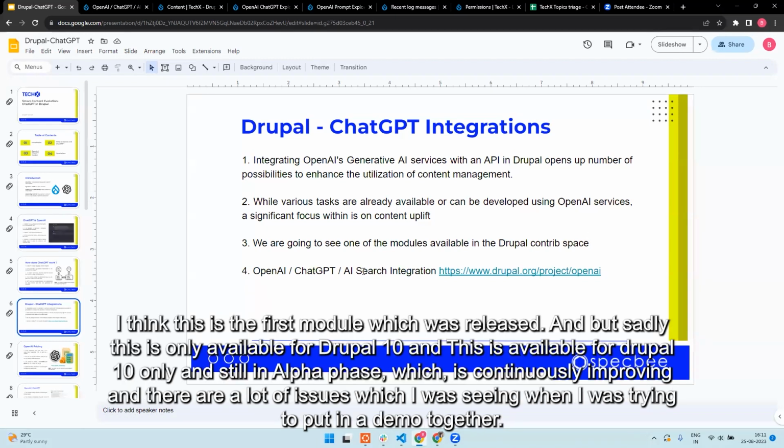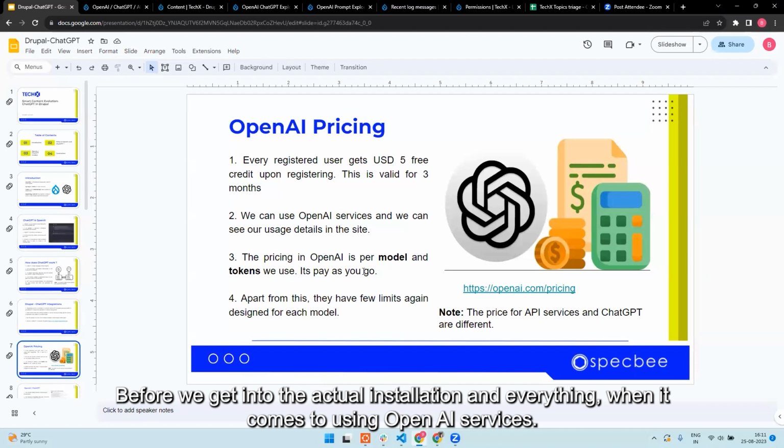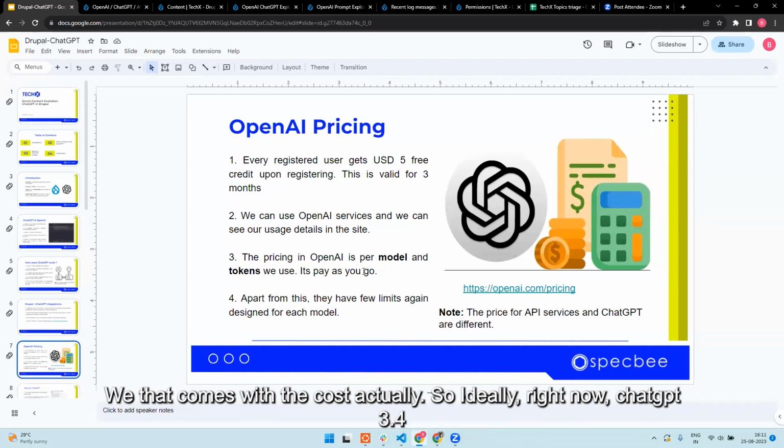I think this is the first module which was released, but sadly it is available for Drupal 10 only, and still in alpha phase, continuously improving. There are a lot of issues which I was seeing when I was trying to put a demo together. Before we get into the actual installation, when it comes to using OpenAI services,